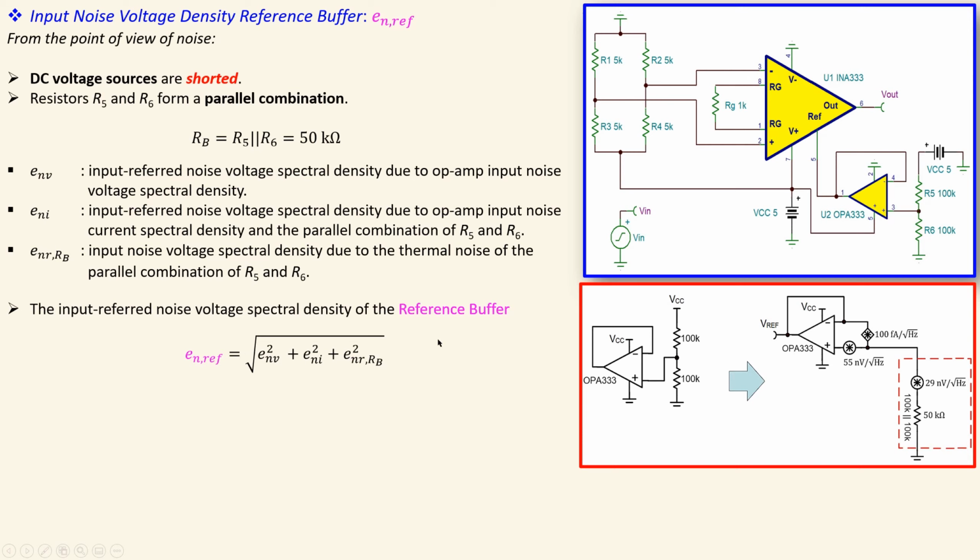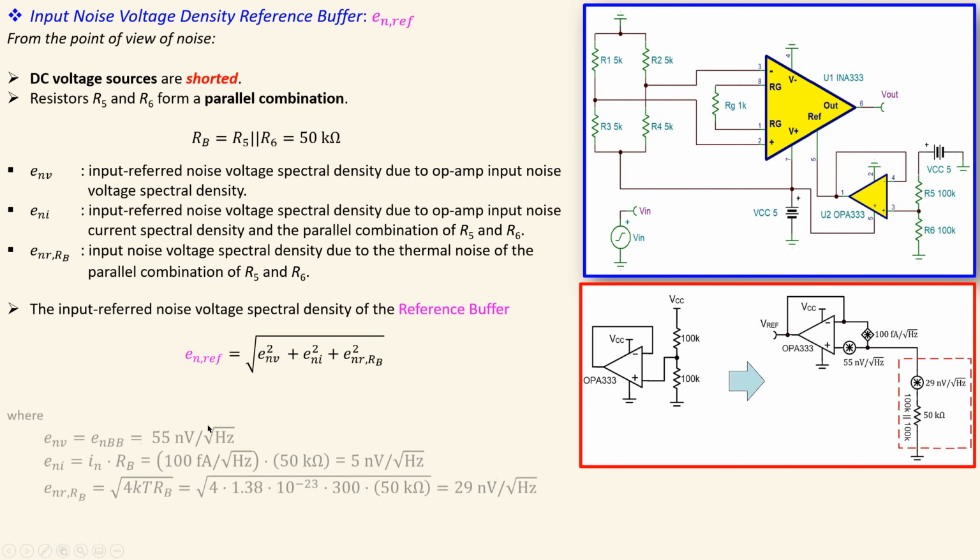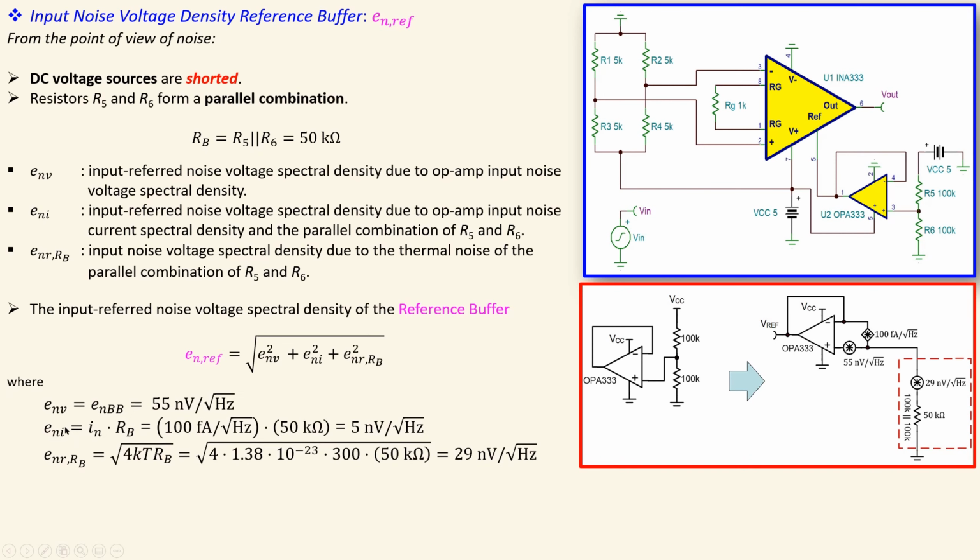Again, use these three elements, square each of them, add them up, and then take the square root. That is actually adding using root sum of squares, because we use noises, and for noise we need to use noise powers, and for that we need to use actually vectors. Okay, now just again the calculations.